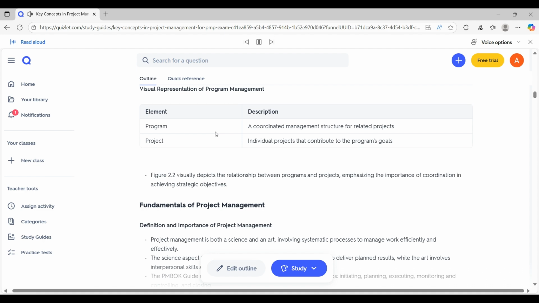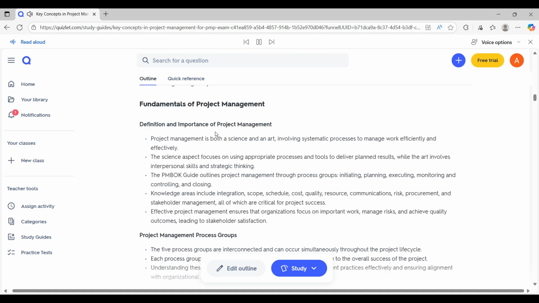and strategic thinking. The PMBOK guide outlines project management through process groups: initiating, planning, executing, monitoring and controlling, and closing. Knowledge areas include integration, scope, schedule, cost, quality, resource, communications, risk, procurement, and stakeholder management, all of which are critical for project success. Effective project management ensures that organizations focus on important work, manage risks, and achieve quality outcomes, leading